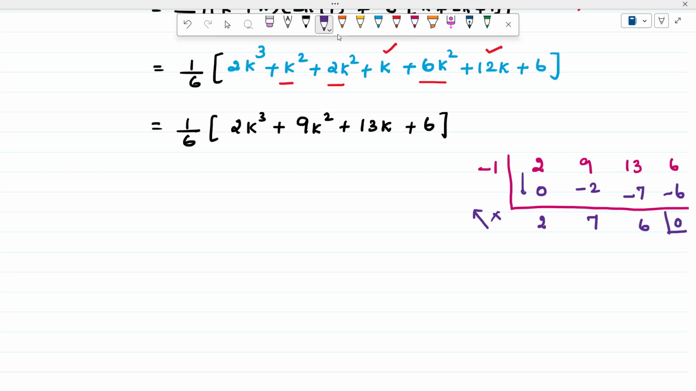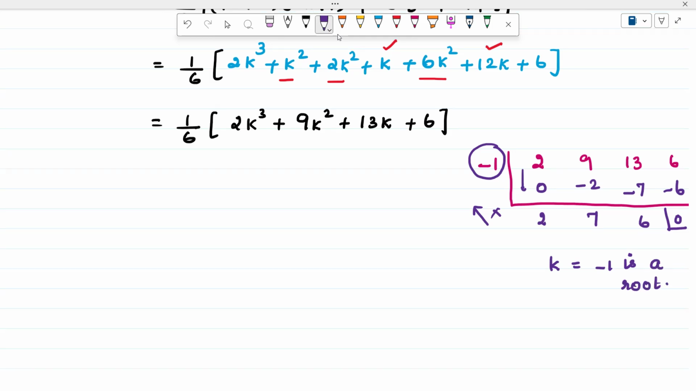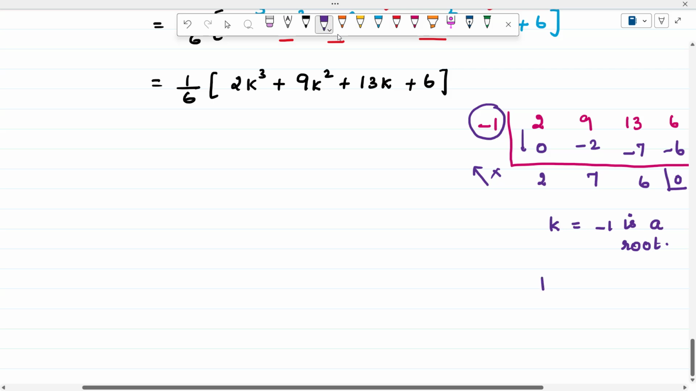So if we get 0 at the last, we can say that this is a root. Here the expression is in terms of k. Therefore k equal to minus 1 is a root of this equation. So k equal to minus 1 is a root, which means k plus 1 is a factor. Therefore this cubic equation